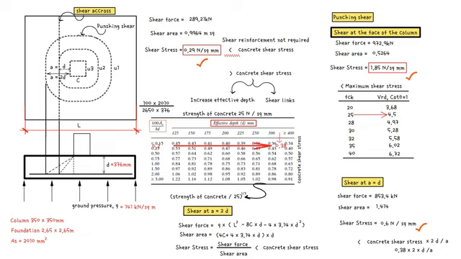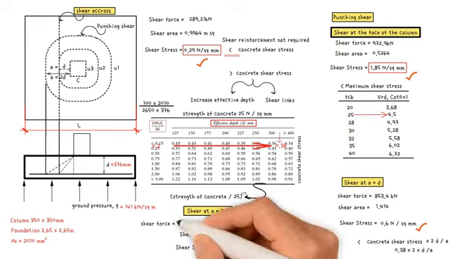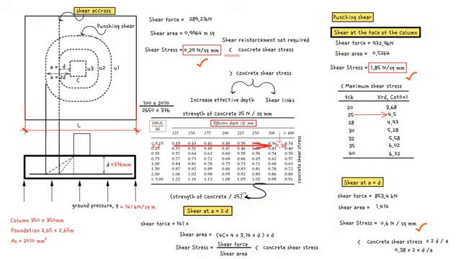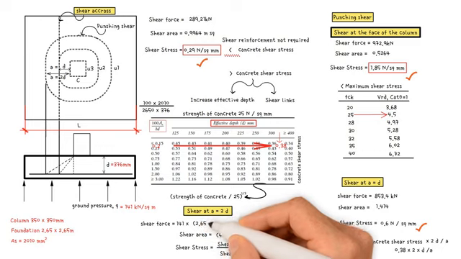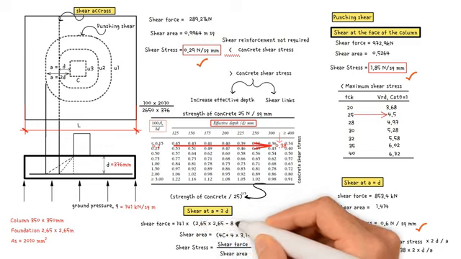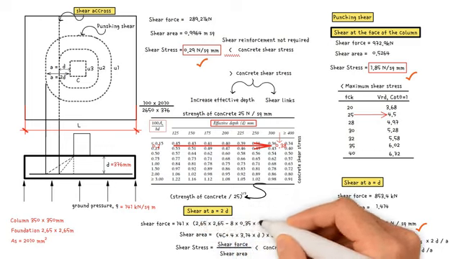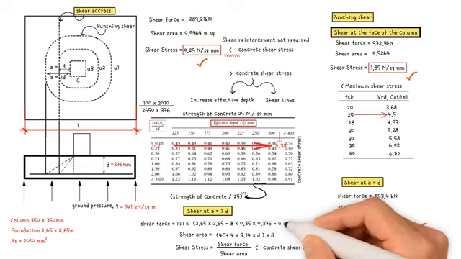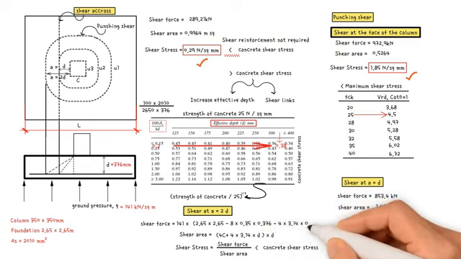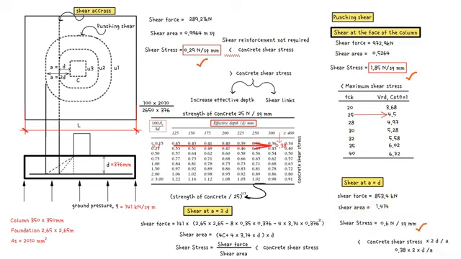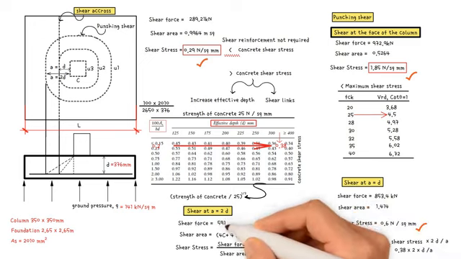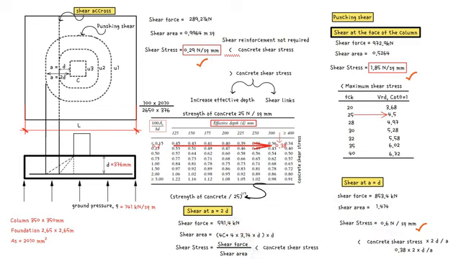Lastly, let's check the shear at a equals 2d. Shear force equals ground pressure 141 times L 2.65 squared, minus 8 times column width 0.35 times effective depth 0.376, minus 4 pi times effective depth 0.376 squared. This results in a value of 591.4 kilonewtons. Shear area equals U1